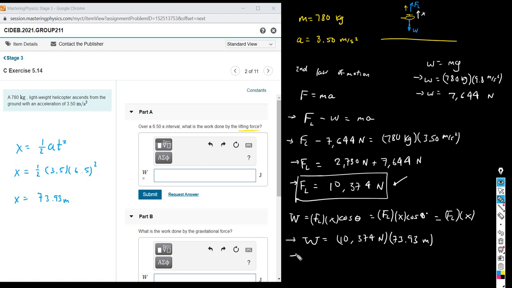And that's how you can calculate the work done. Just multiply these two things, and we get 767,027.62 joules. So this is the first